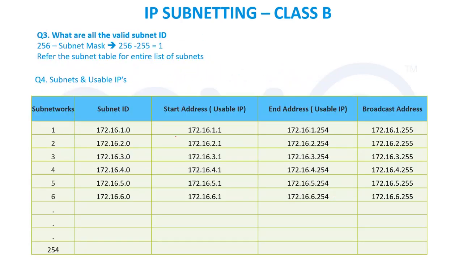So how is it done? This is the way you have to write. It is anyway 256 minus 255 is 1. So it will increment in the range of 1: 1, 2, 3, 4, till 255 it will go. Then you will get all the details. 254 segments it will go, and at 255 it will stop.